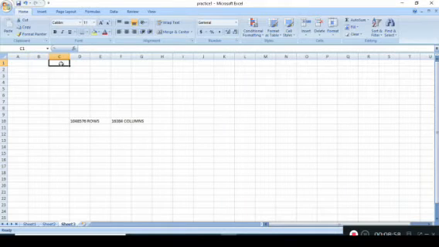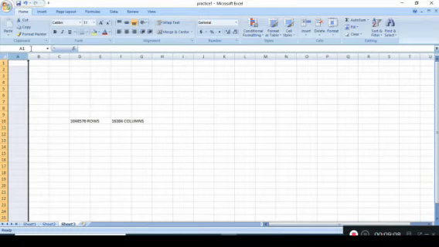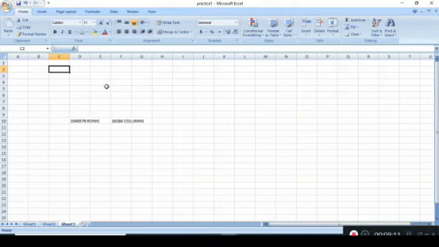Now see here, automatically when I put the cursor in different cells, the name box or cell address also changes. Using these cell addresses, you can easily locate values in the worksheet, or they can be used for creating different formulas.